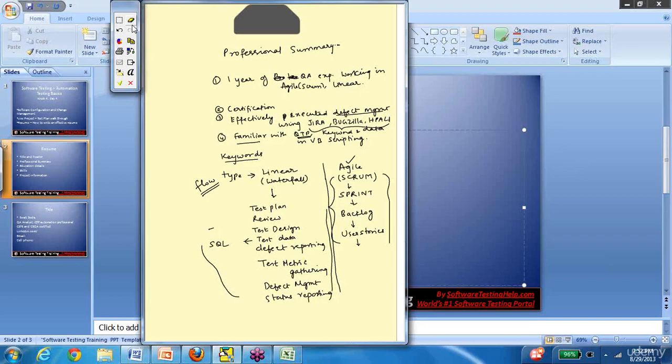See, nobody expects you to be an expert, but you don't have to put stuff that's not true. So try to strike that balance. Before you even write a resume, spend some time assessing your skills. Spend some time knowing where you need to work a little more.